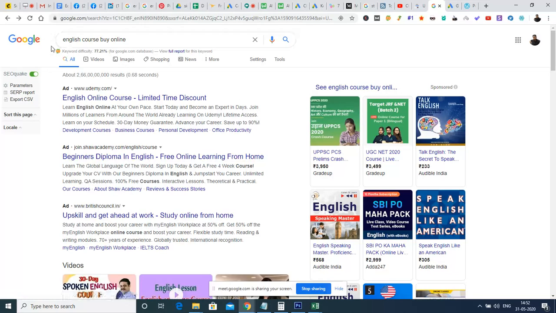Whenever someone searches for a keyword and there are advertisements shown for the keyword, unless anyone clicks the particular link, the advertiser will not be charged. Whenever someone clicks this advertisement, at that point the advertiser has to pay a value to Google for this particular keyword. And in this advertisement, the value is decided based on bidding. That means it is an auction kind of bidding. Suppose someone is ready to pay 10 rupees, and someone is ready to pay 11 rupees. The person who is ready to pay 11 rupees will be shown at the top.